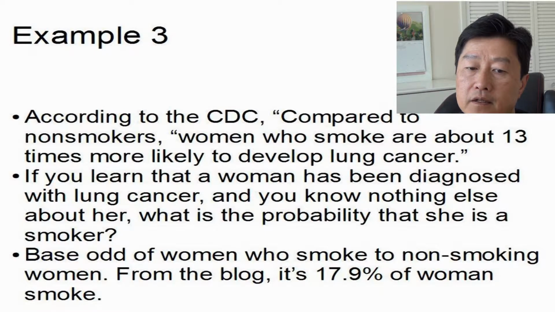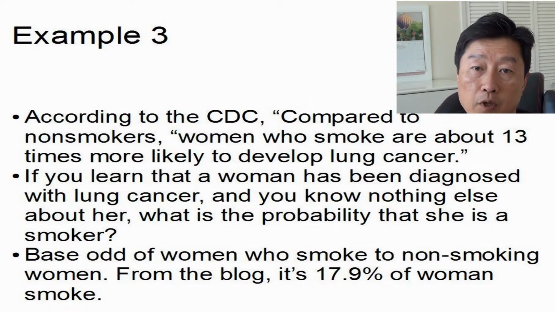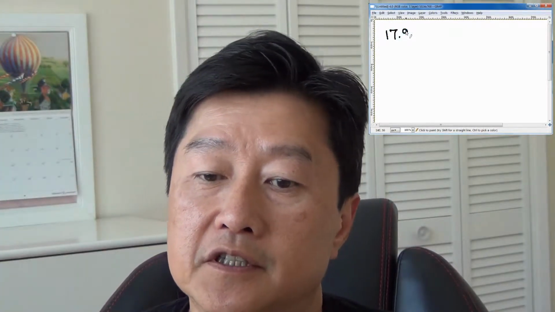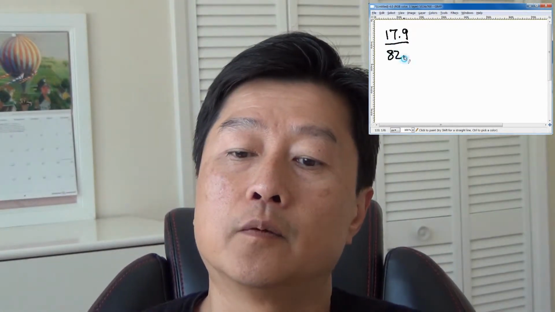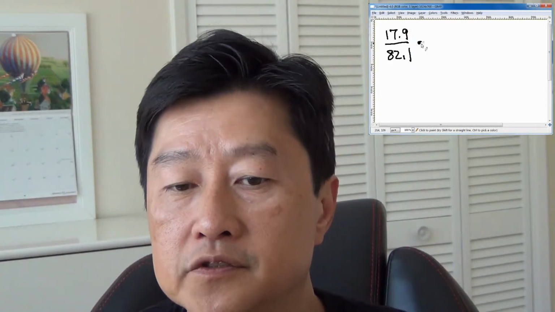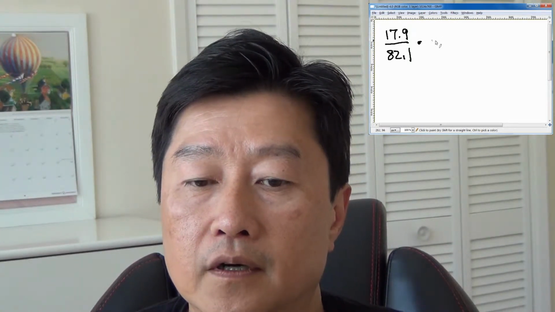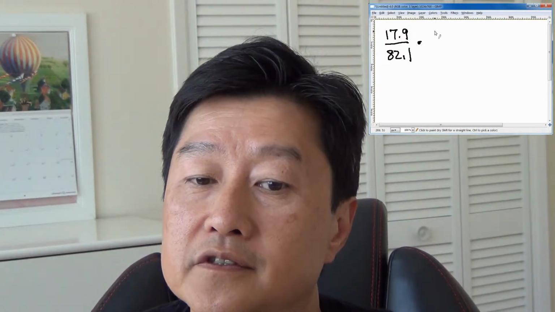So from the blog, there's one additional data point provided, that 17.9% of women in the population smoke. So the base rate is actually 17.9% to 82.1%. So that is 0.21 to 1. Okay. Now the odds of a woman who smokes, and then you need to multiply that to the odds, which is 13 to 1,